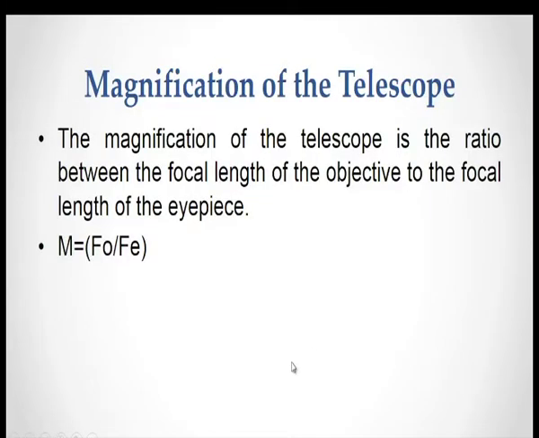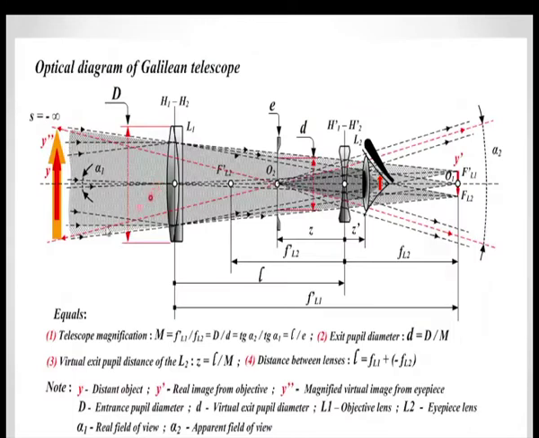The next scientific parameter of the telescope is magnification. How big a telescope can show an object, that's the meaning of magnification. This magnification of a telescope is the ratio between the focal length of the objective and the focal length of the eyepiece. This is the final expression to calculate the magnification of the telescope, more clearly learnt by looking at the optical